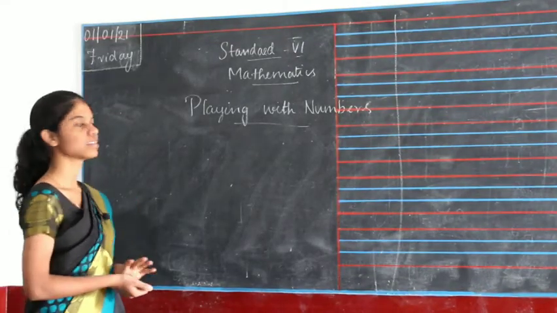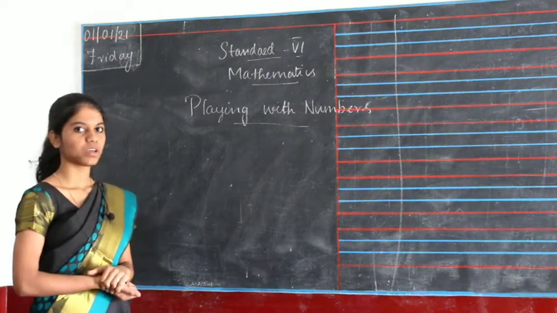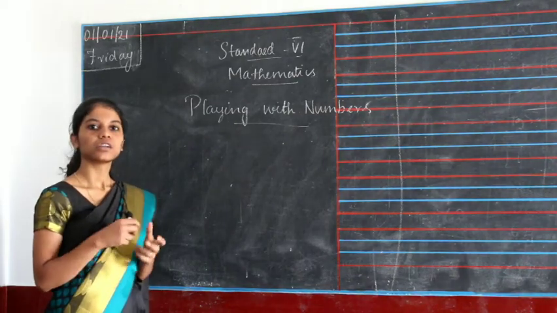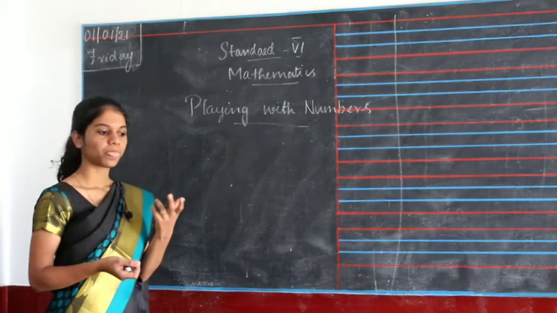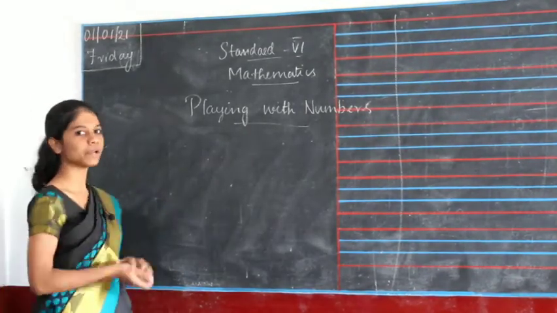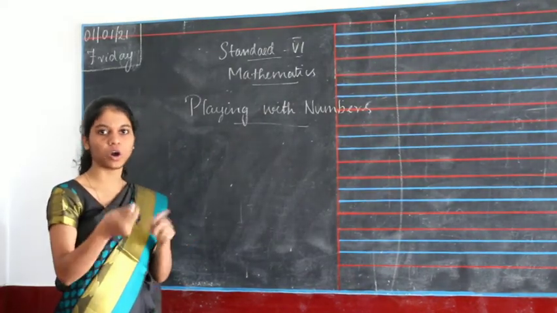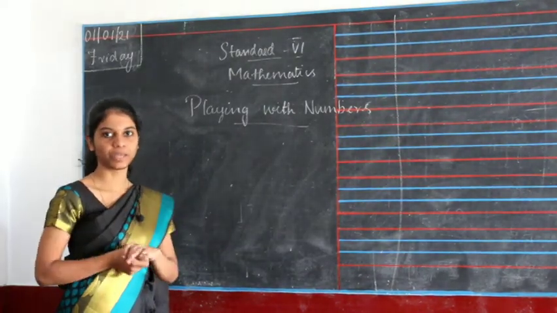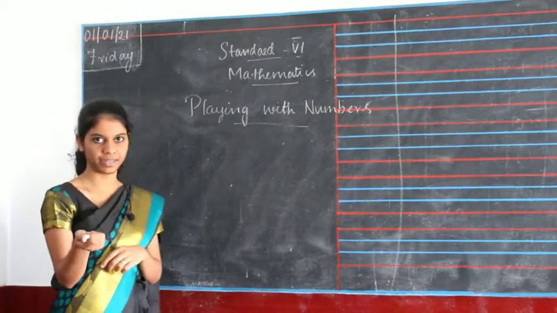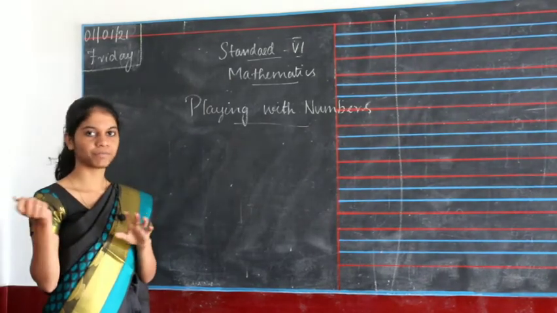Good morning, children. So today we are going to see divisibility of numbers. In this class, what you are going to learn is to find a way how numbers can be divided. For example, if you look at a number, you can say whether it is divided by 3 or 4 or 5 or whatever. That is what we are going to learn, how to find whether a number is divided by some numbers like 2, 4, 5, whatever.